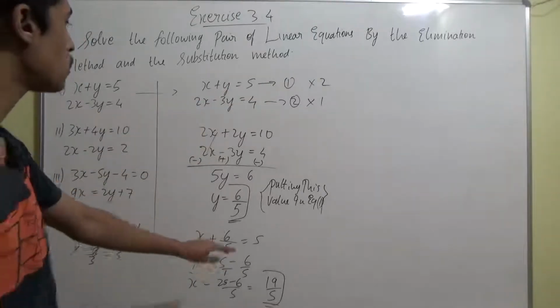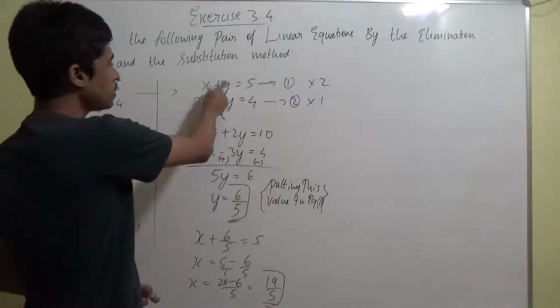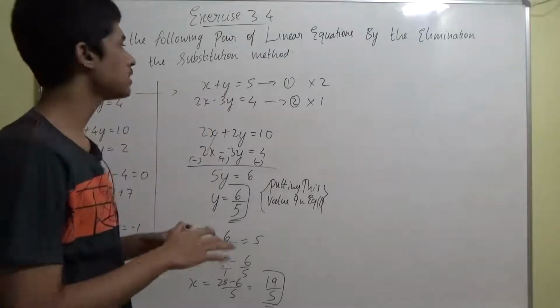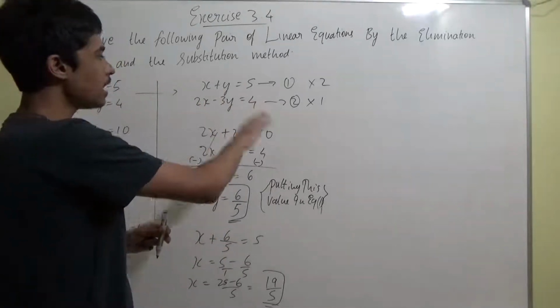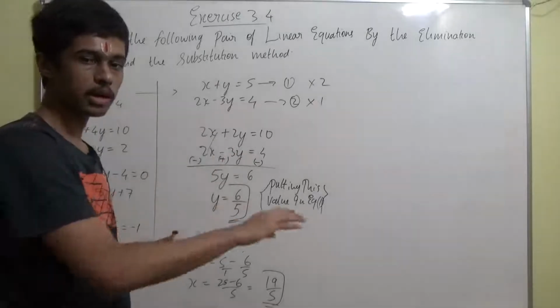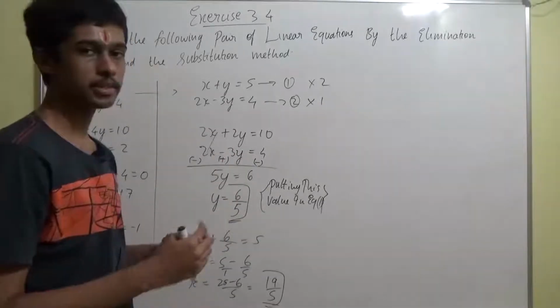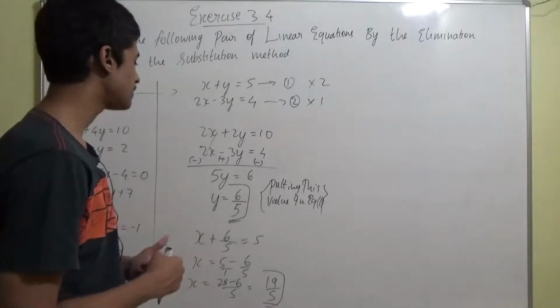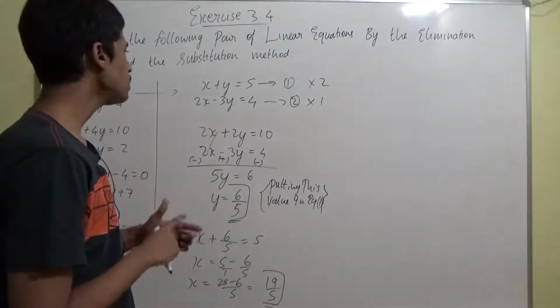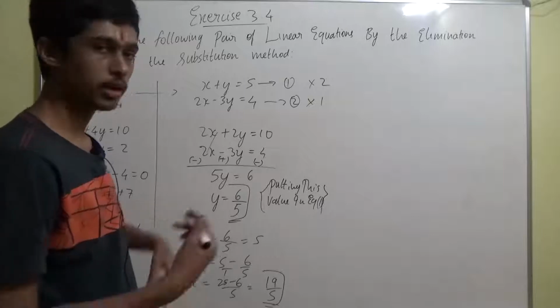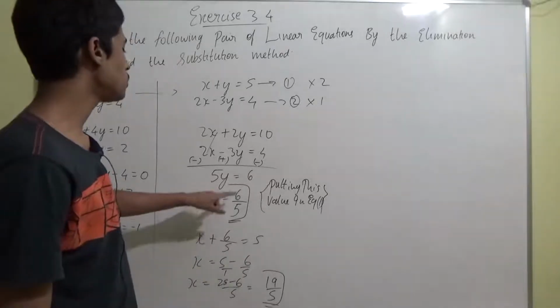We'll substitute this value of x and y in the LHS, in the variable places, and then we have to check whether we are going to get the RHS, whether the LHS is going to be equal to RHS. If it is going to be equal, which means the solutions which we found for the value x and y are going to be correct, right? That's it guys. If you want to verify, let's verify it orally guys. I'm not going to write it down.